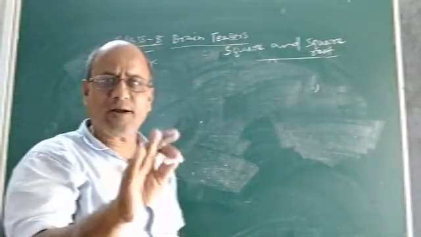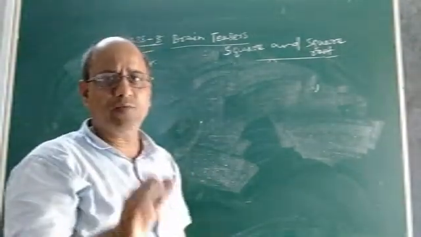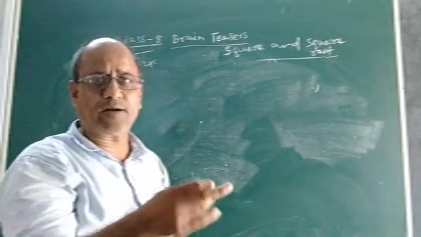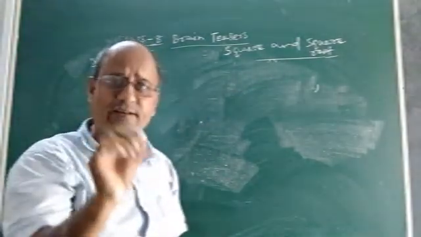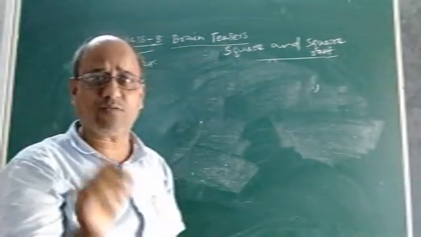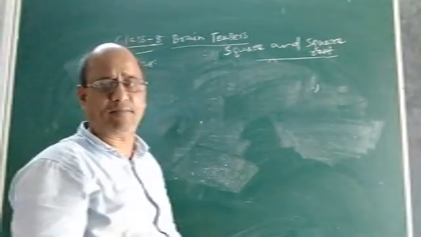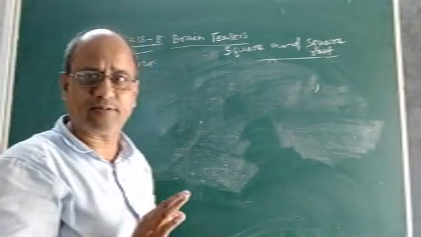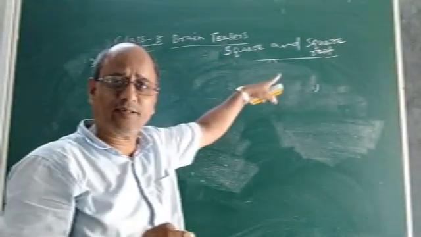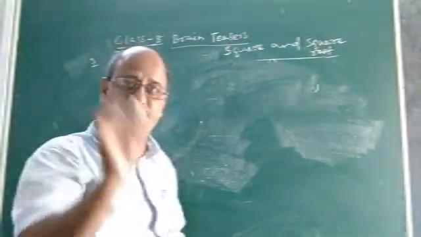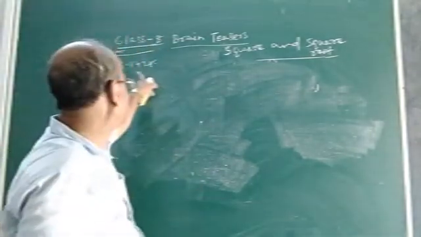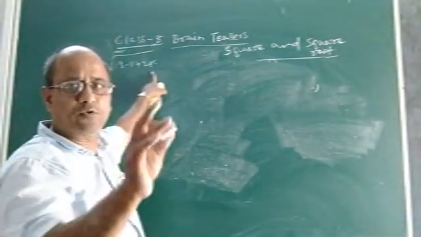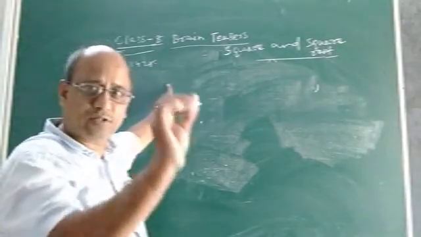As we are asked to find correct to 3 decimal places, we will take how many digits after the decimal point? 3 into 2 plus 2, that is 8. We have to take 8 digits after the decimal point because we want to find the square root of this number correct to 3 decimal places. When it was asked to 4 decimal places, we took 10 digits. It is asked 3 places, so we have to take 8 digits. But we are already given 4, so we have to add 4 zeros only to the right.